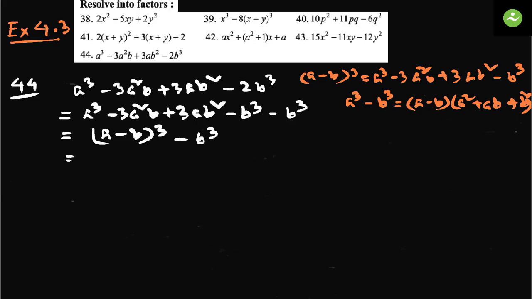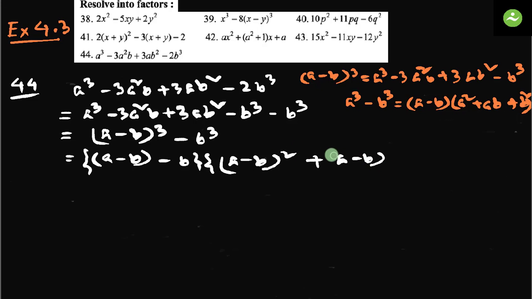And we can apply that formula here because we have to just resolve into factors. This is applicable for resolving into factors. So if we consider this a and this is b, then a cube minus b cube equals (a minus b minus b). This is a minus b here. And a square plus ab plus b square. a square means (a minus b) whole square. Plus ab means (a minus b) into b plus b square